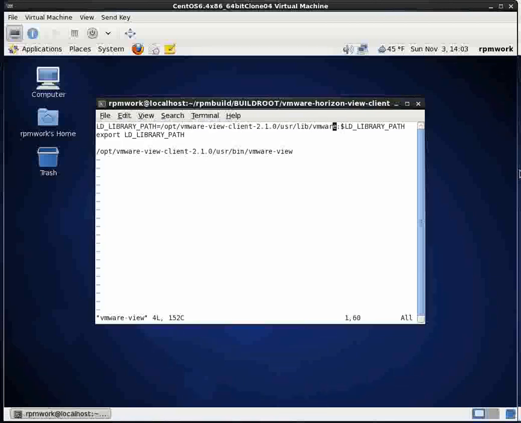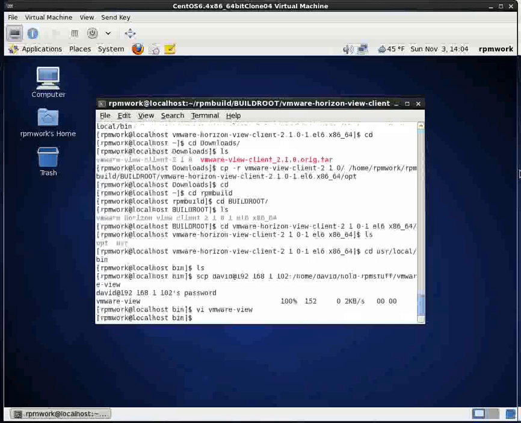So there's some load modules that aren't readily available. They are under the binary installation, so I'm pointing the load library path at the binary installation libraries under /opt, and then we run the VMware View program from under the /opt/VMware View Client directories. Okay, and that should put everything in that we need to actually create the